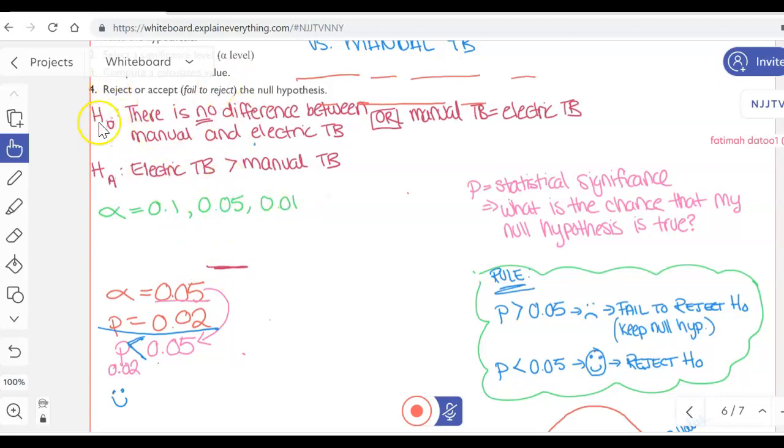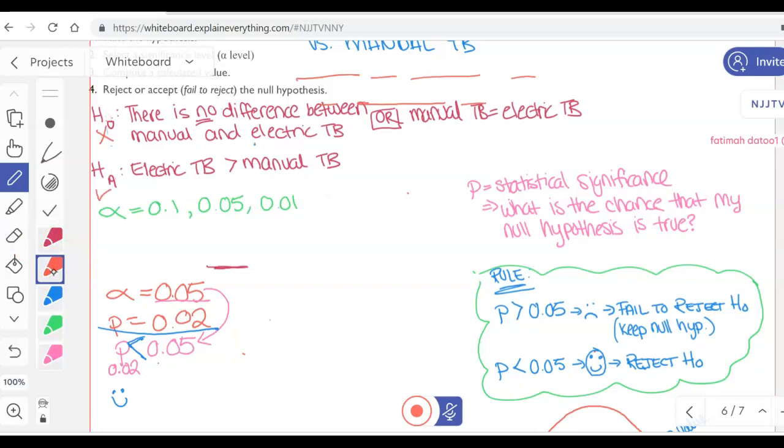Okay, let's look at this over here. So this is your null hypothesis, where we said the manual toothbrush and electric toothbrush, they're the same. It's not like one is better than the other. And this is your alternative hypothesis, where we said the electric toothbrush is better than the manual toothbrush. Well, when the p-value is low, when it's less than 0.05, we're happy because we reject the null hypothesis. So that means that what we do is we say no to this. And we say yes to this. So we can conclude, that's supposed to be a check mark, we can conclude that the electric toothbrush is better